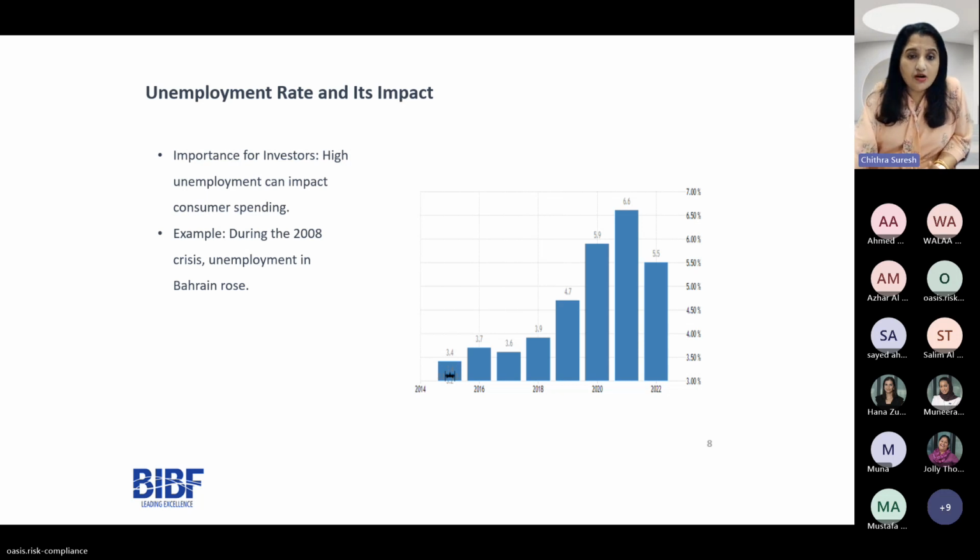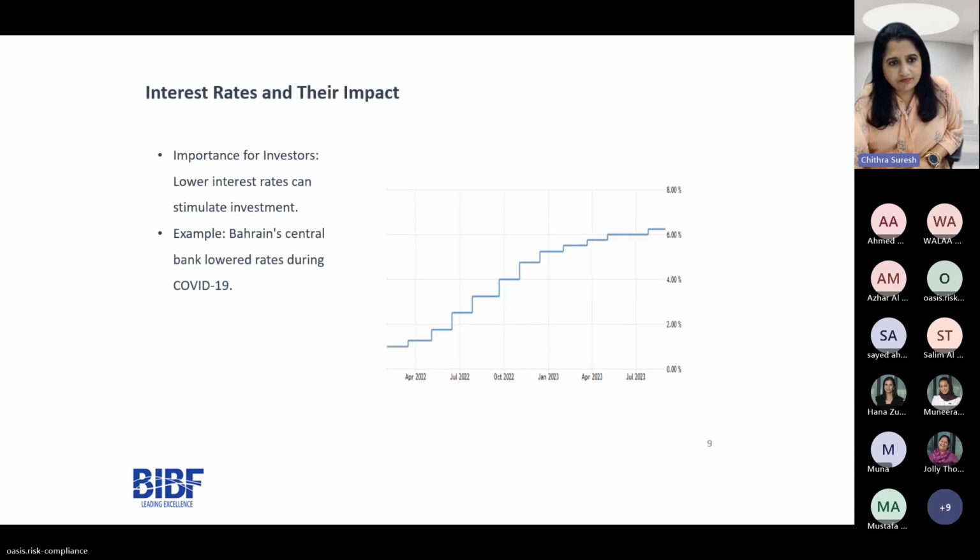Now let's move to how interest rates, which are a very fundamental aspect of the financial system, affect our investment. Interest rates directly impact the borrowing cost, right? When interest rates are low, borrowing costs decrease, making it more affordable for individuals and businesses to take out loans